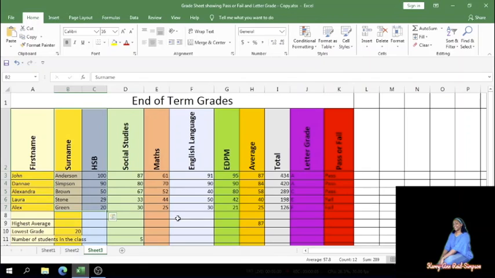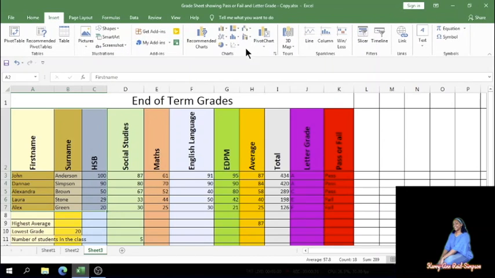Say we want to show the students' HSP grades. We want to use a well-labeled pie chart to display the students' HSP grades. We would block the students' names, including the heading, and the HSP grades. Then you would select the Insert tab, and then under the charts grouping you would select the